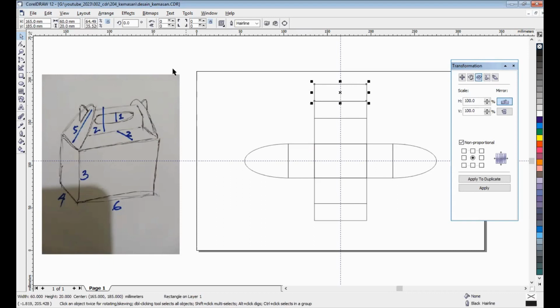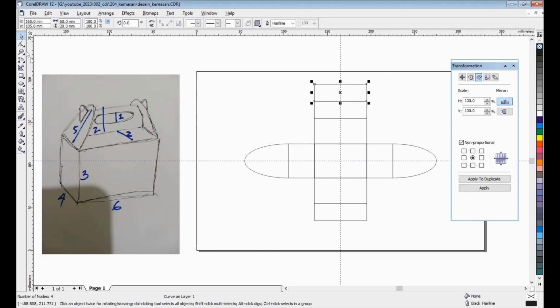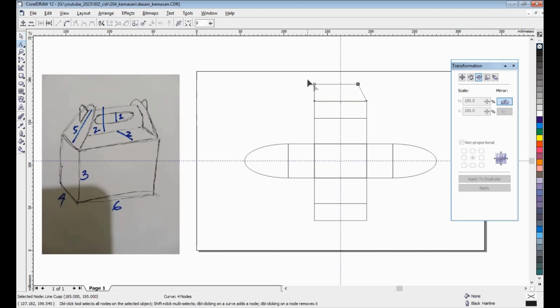Maybe I want to convert to curve first, then I want to use node offset, maybe 1 centimeter. It's like this. Use the shape tool, this. Okay, like this.